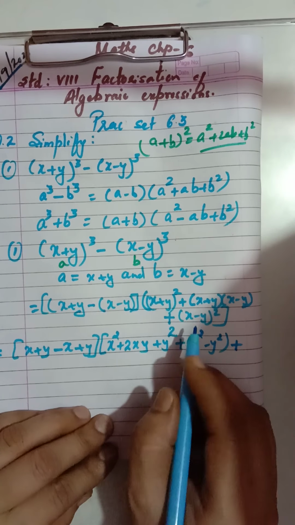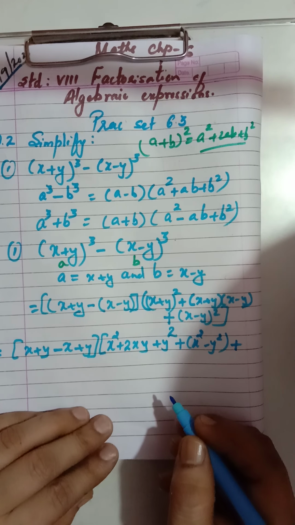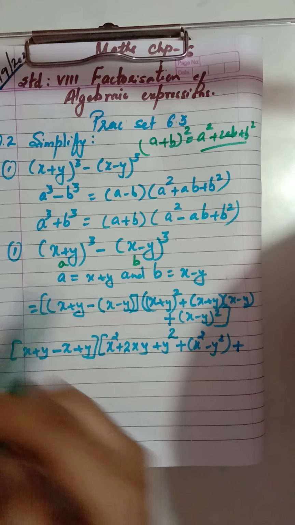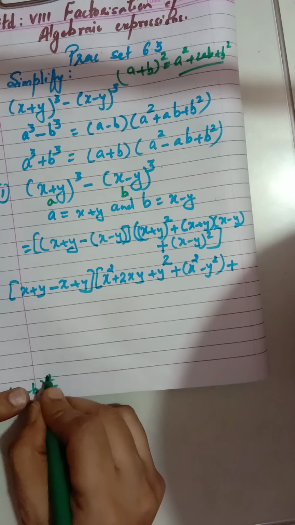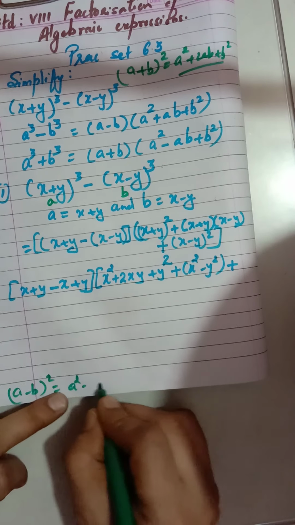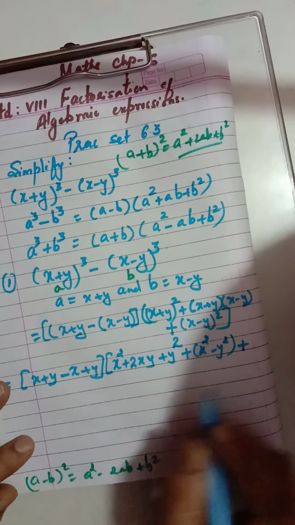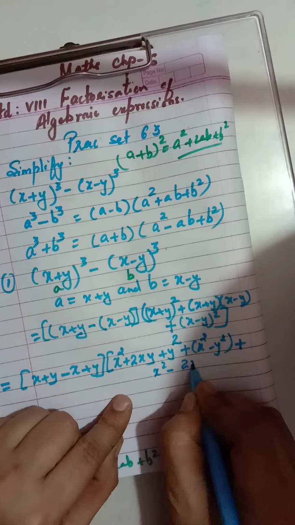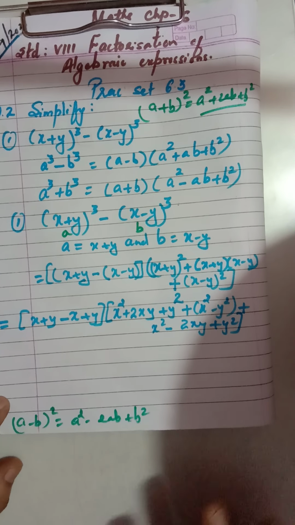That means it is the a minus b the whole square formula you have to apply. That is a square minus 2ab plus b square. That's only that much is the change, right? So if I write a minus b whole square, that is nothing but a square minus 2ab plus b square. Now here we will write plus x square minus 2xy plus y square. Okay, we have expanded all the terms.